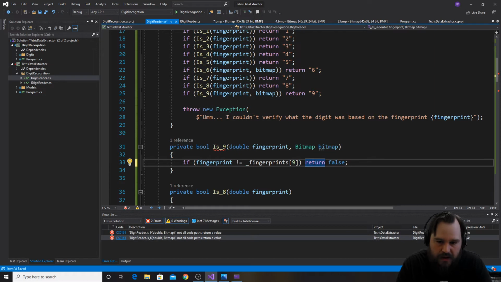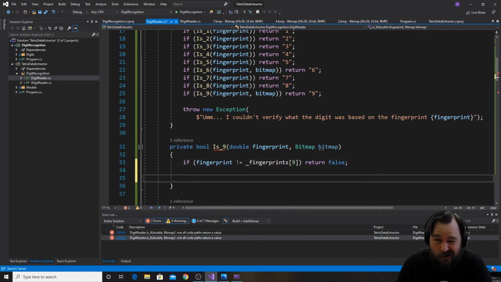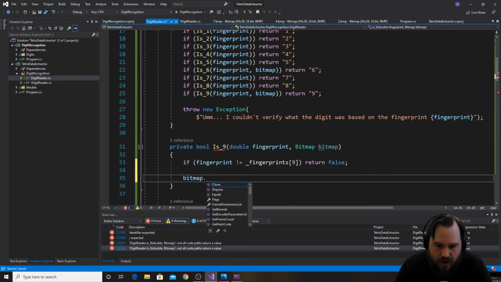So we kick out of this if it's not got 9's fingerprint. It still could be a 6. So we're going to take the bitmap. Hopefully I can chop this. Get bounds. What does that mean? Gets the bounds. I want to take